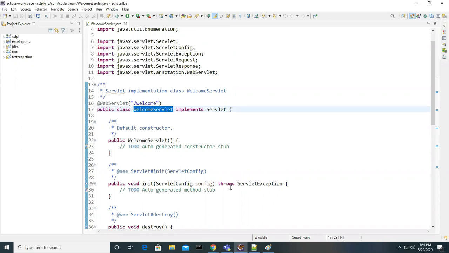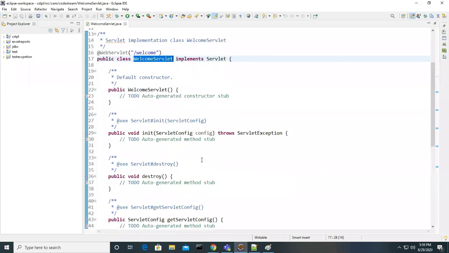You send some URL pattern, and it checks whether any servlet class is mapped to it. Once it identifies that class, it creates the object if it is not already created, and keeps it in memory.